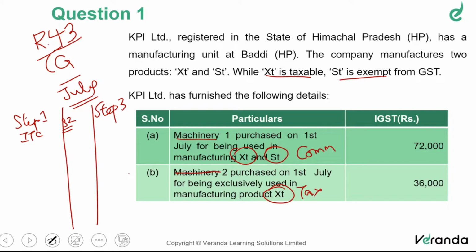Now, step number 2, I'll keep it pending. Step number 3 is to calculate that particular TM. For TM, we need to ascertain the common credit, correct? That is the common capital goods. Yes. What is used for common purpose? We'll have to arrive at that first, find out the total of such common credit, TC, and then from that total of common credit, we'll have to arrive at TM, which is TC divided by 60.